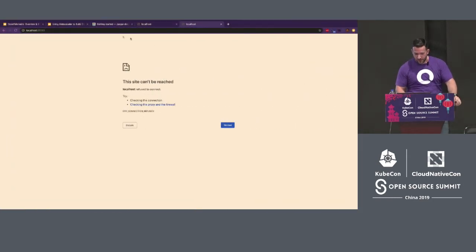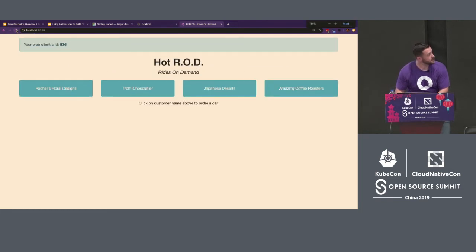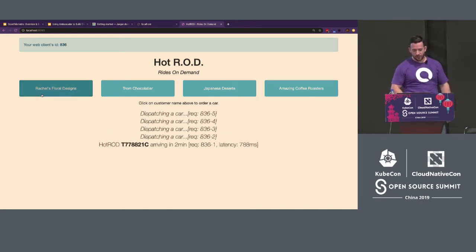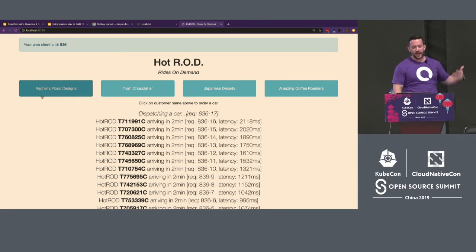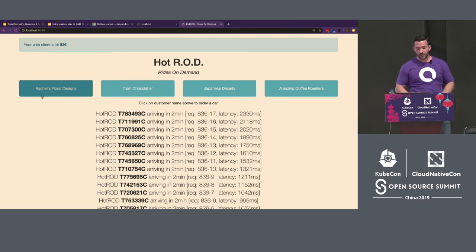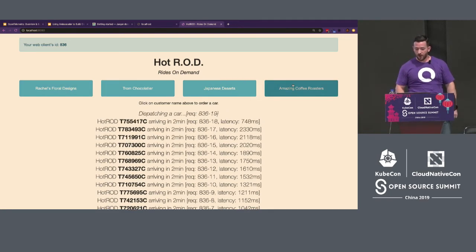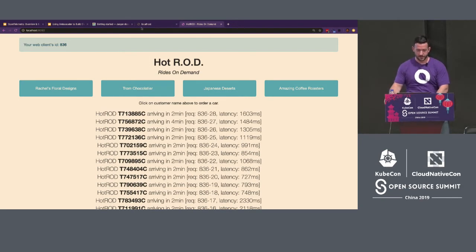So with that in place, I can actually locally run this, and let's make sure it's easy to see. So here is the Hotrod app. It's basically rides on demand. Think like Uber or Didi here. And you can go ahead and request cars. I can click it a few times, and it will dispatch them. And this is basically calling a microservices backend that has been instrumented, and that data is going to a Jaeger instance. And I can choose different cars.